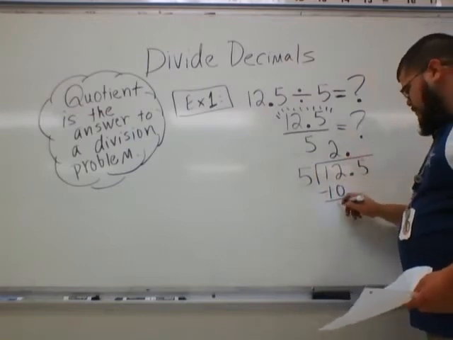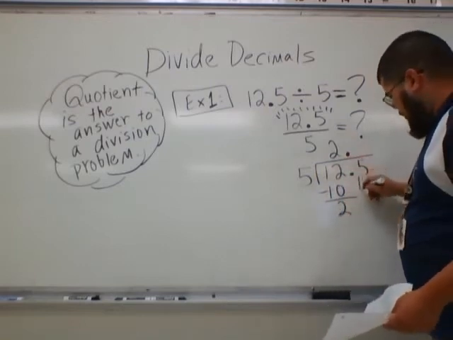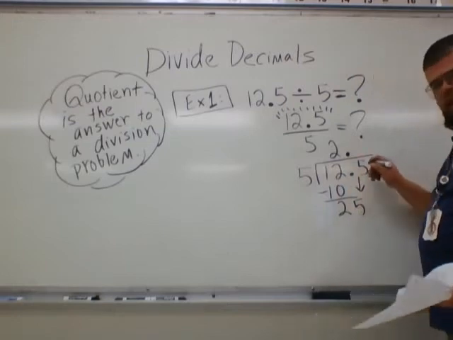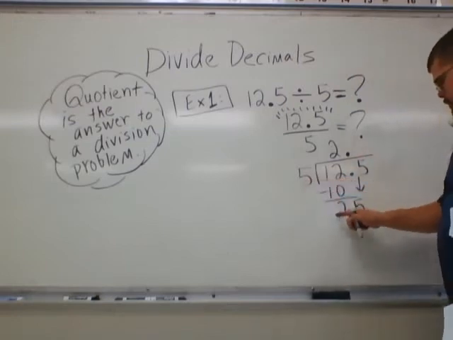12 minus 10 is 2. We go ahead and bring this 5 down now. We've got to bring it straight down. And then 5 goes into 25